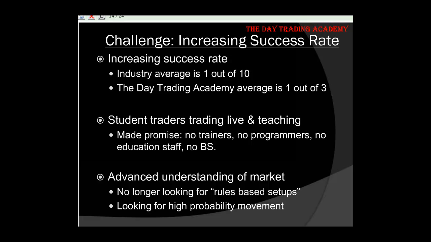So I have, with this LTD project and traveling around the world and teaching people, it has made me realize that it doesn't matter where you are from. It doesn't matter if you're black, white, purple, Asian, brown. It doesn't matter. As long as you have the focus, the discipline to do this, and you're paying attention to the right things, for example, like the market and understanding how it works, not looking at indicators and rules and things like that that are going to distract you from what's important. That's when you're able to find that high success rate. Does that make sense, Mike?